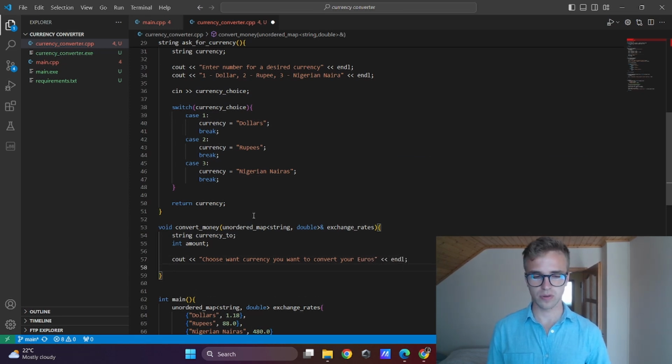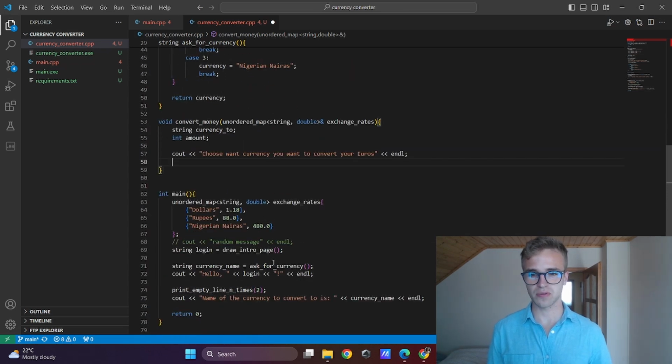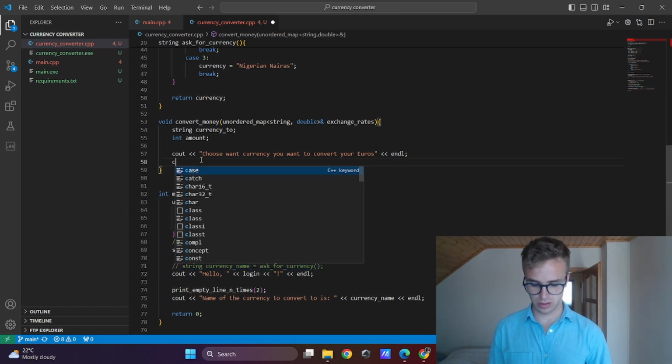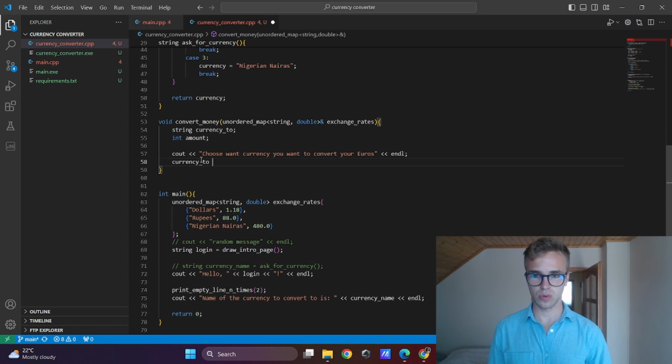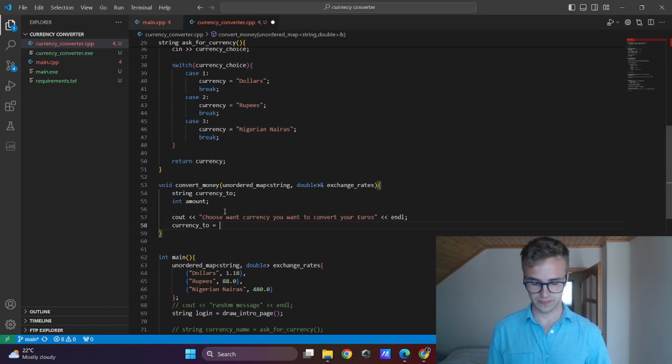The end of the line, and here I will use this function ask for currency. These I can comment out. Currency 2 will be the value stored from this function. Ask for currency.